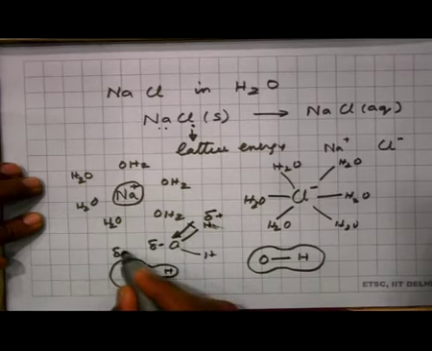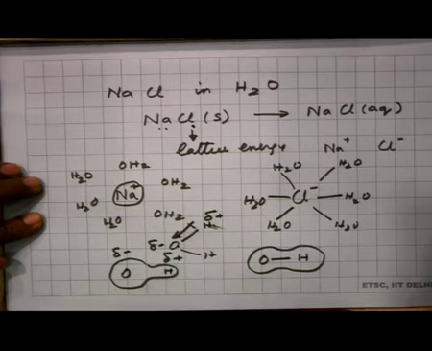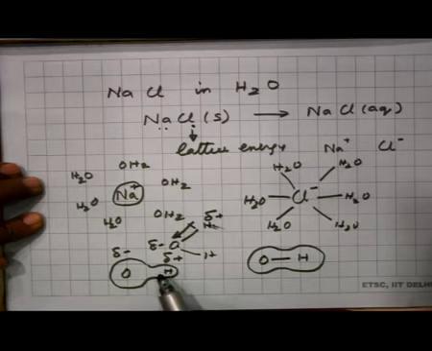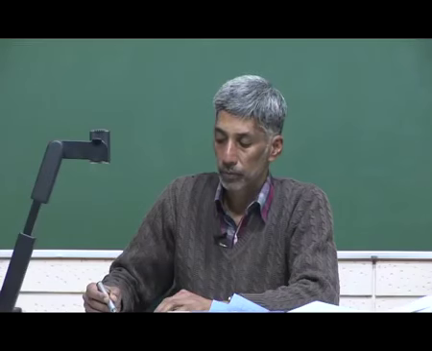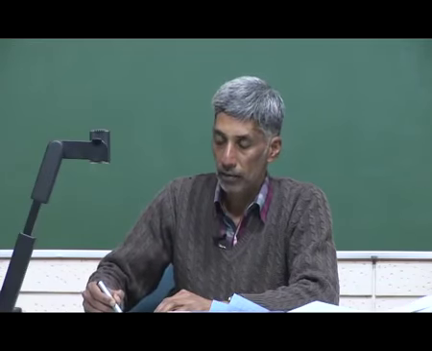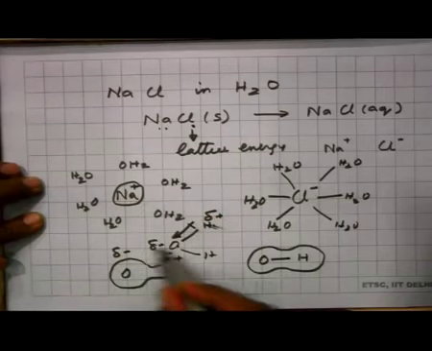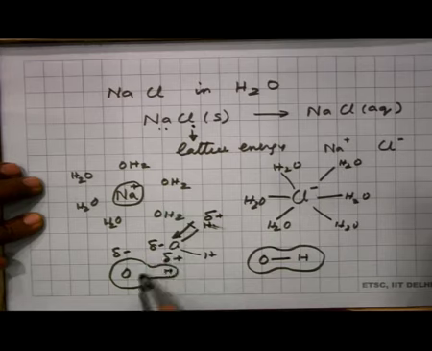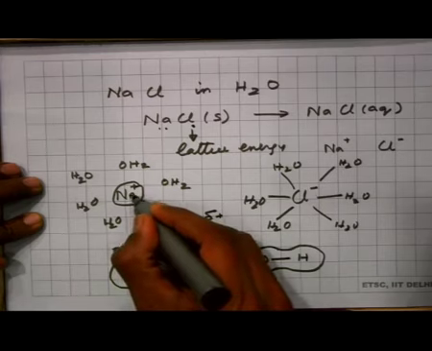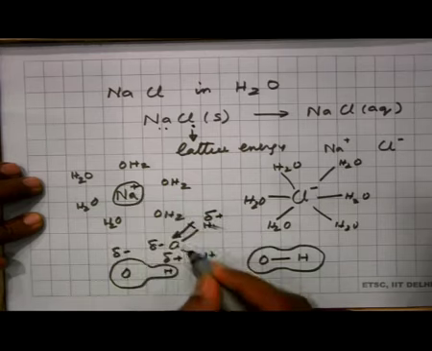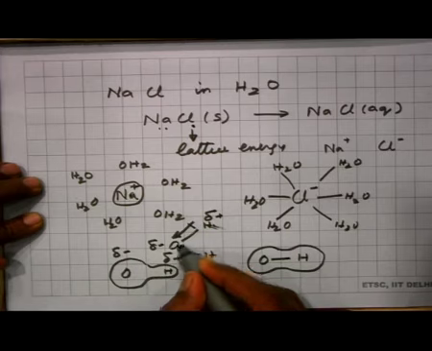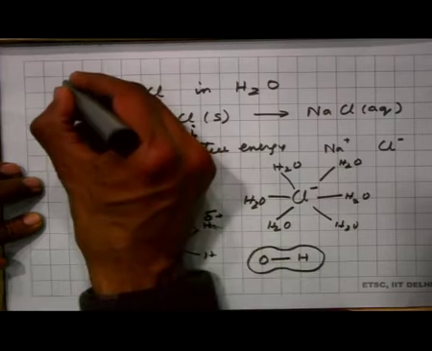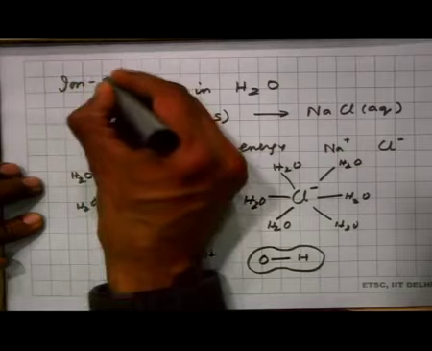So, I will get delta minus, delta plus, and when I have this, it is a dipole, and I have an ion here, I have a dipole here on this water molecule. So, you expect that there will be an interaction between the ion and this dipole. This is an example of an ion dipole interaction,